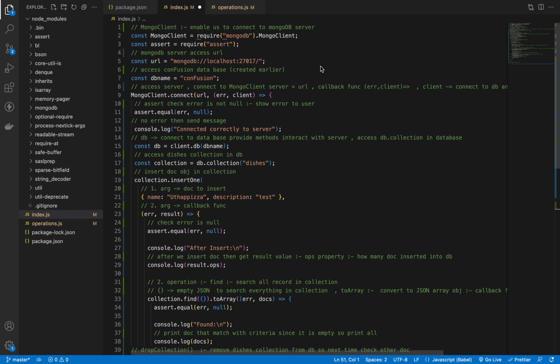Connect with MongoDB. In this we have created index.js. First we have to integrate the Mongo client. Before that, we have to install MongoDB on your computer system, along with MongoDB and assert, using npm install and npm init. After that, we first use the Mongo client constant variable, which enables us to connect to the MongoDB server. So we require MongoDB.MongoClient,